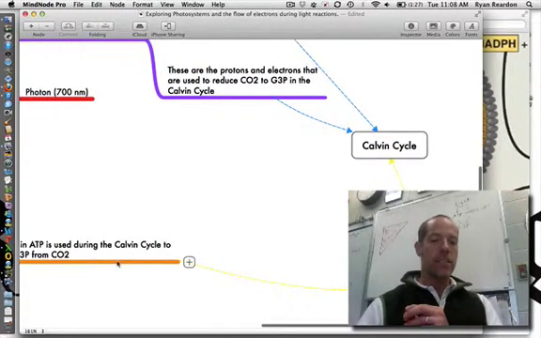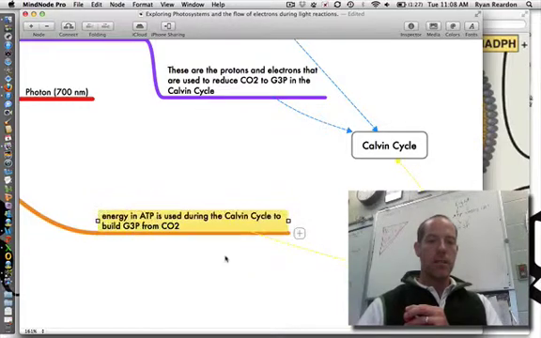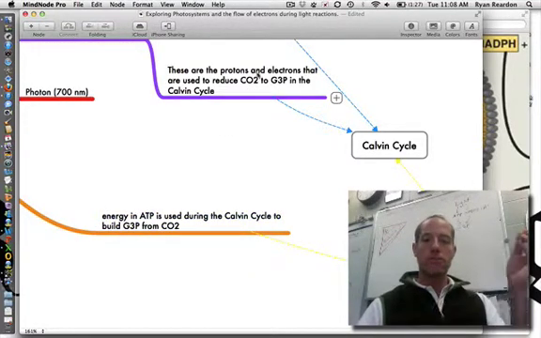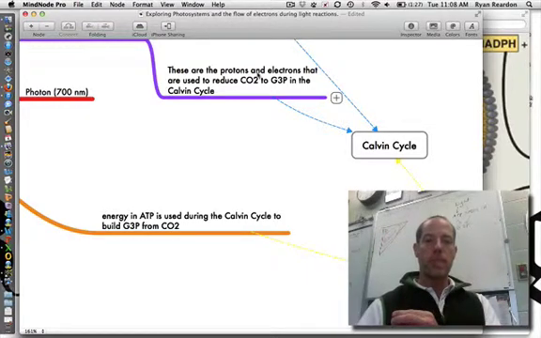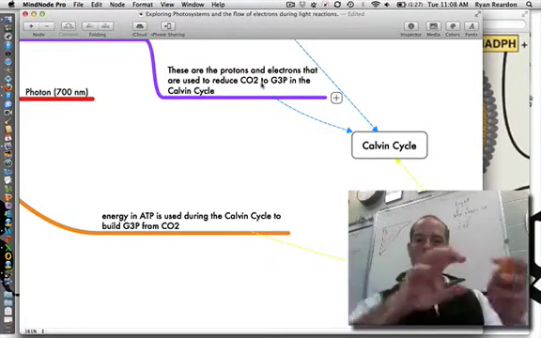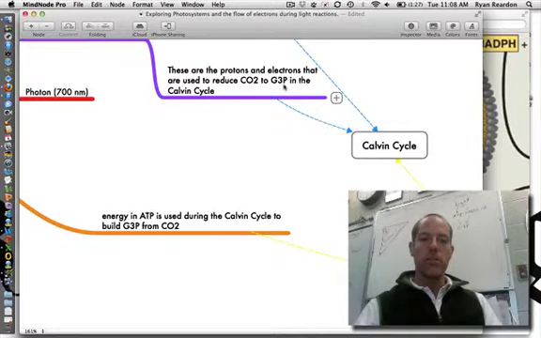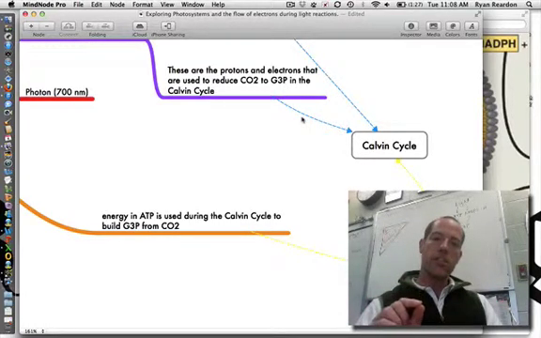The energy from ATP is used to take the protons and electrons from NADPH and reduce carbon dioxide into a functioning sugar. The fate of that sugar and what that sugar is used for will be a discussion of another